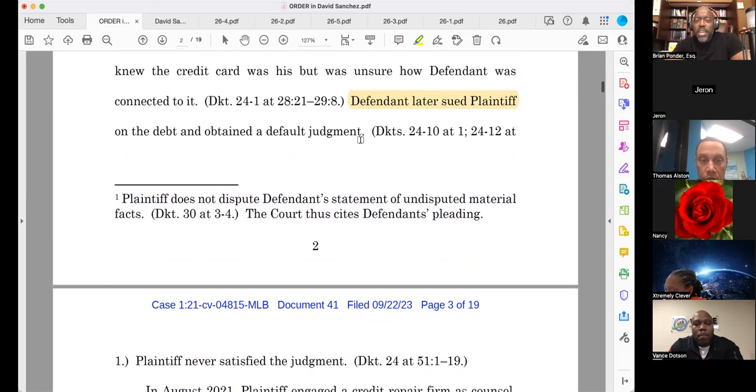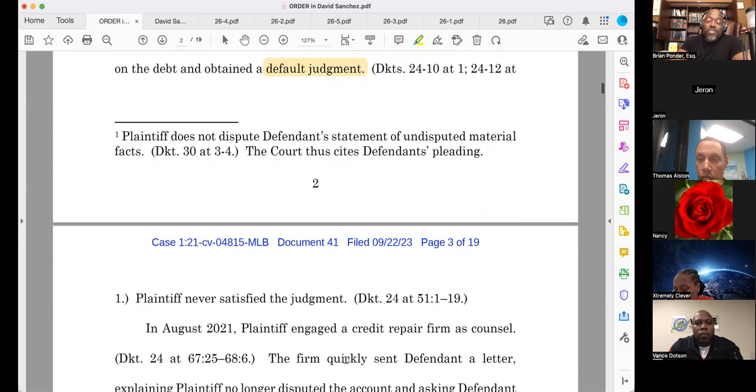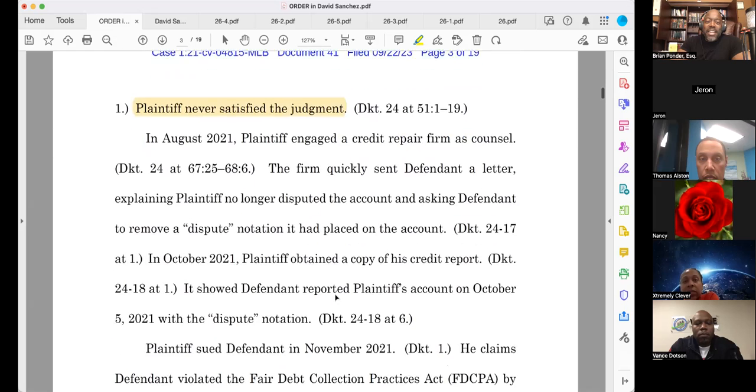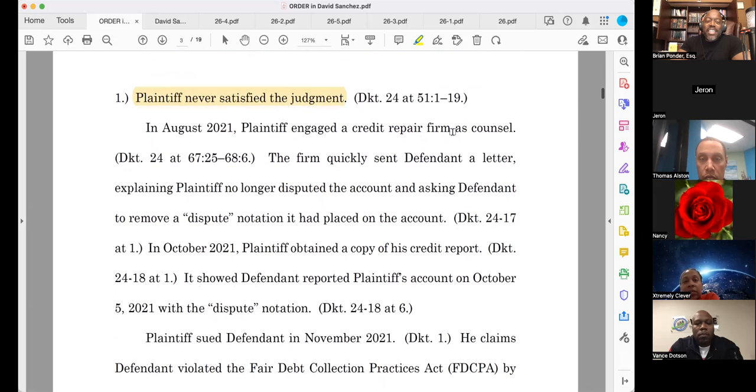The point you're making, I guess we're all seeing, is that they can have a default judgment and you can still get money. Like I say, this could be a six-figure case. So LVNV sued this plaintiff, and obviously that's a good reason to mark it undisputed now, because you've got a judgment. It's definitely undisputed. So this is actually very smart. The plaintiff never paid that judgment. He's definitely going to have to pay it now. And so then they